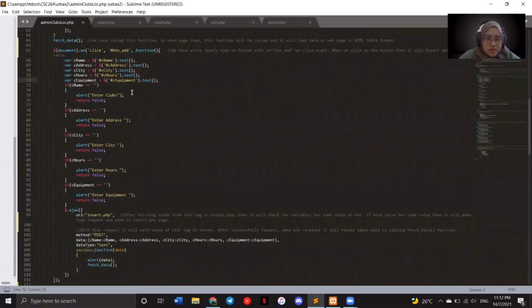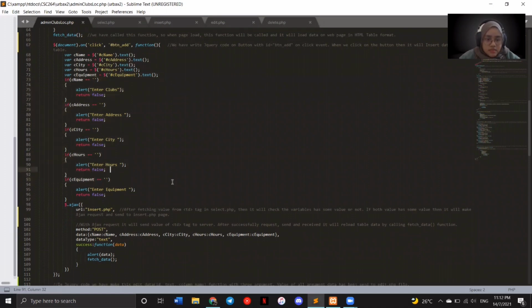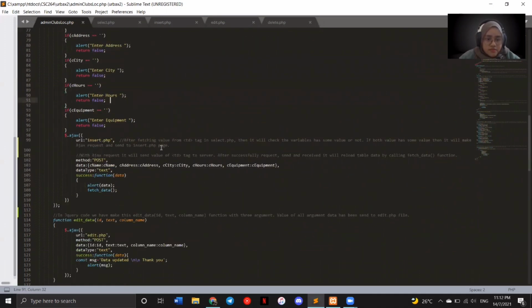And all of this is under the button add function. And after fetching the value, I will explain about this. After fetching the value from the TD tag in select.php above here,